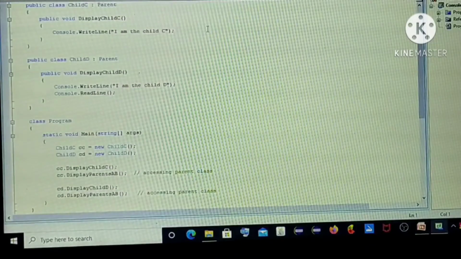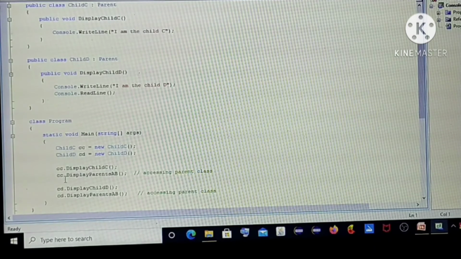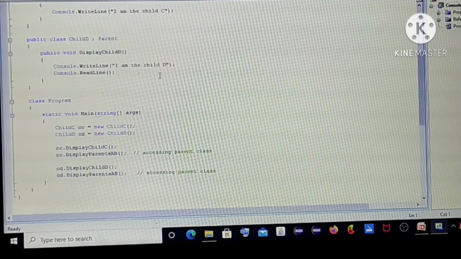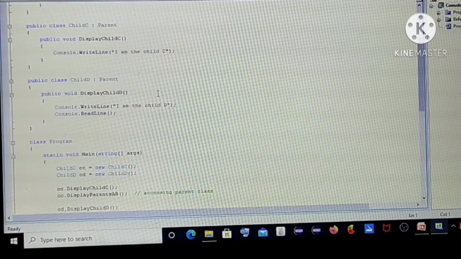When you make a call to child C, it will print I am the child C as the first statement. When you make a call to display child D, it will print I am the child D as the third statement.